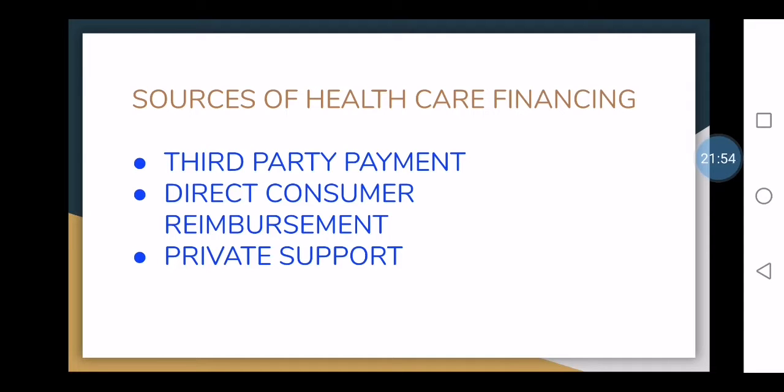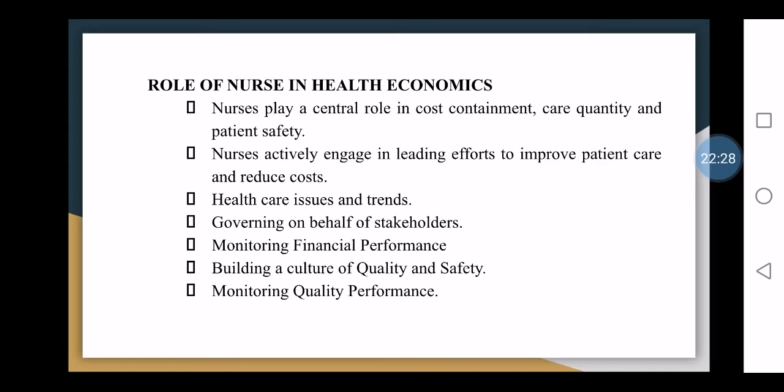The third system is private support, or the philanthropic support. What do you mean by philanthropic? This word we have already seen. What is philanthropic? Like donation, somebody is donating. Especially voluntary agencies. If you are not able to pay, somebody else, some of the voluntary agencies, they do the funding. They support you financially. Or some private agencies support you. This is about private support. So through these three systems, the healthcare financing is going on in the public and private sectors.